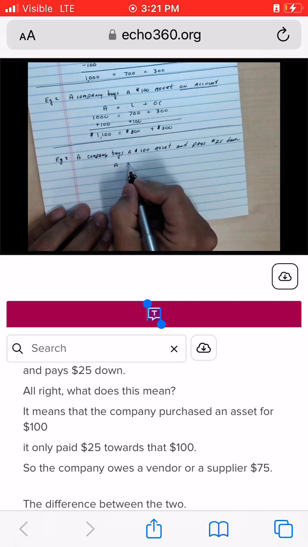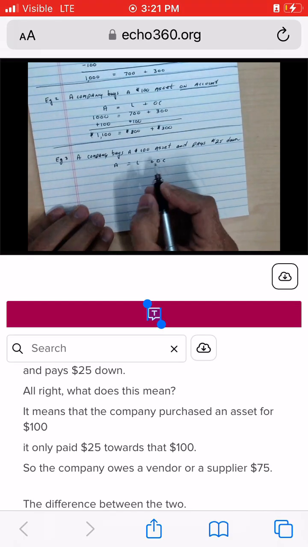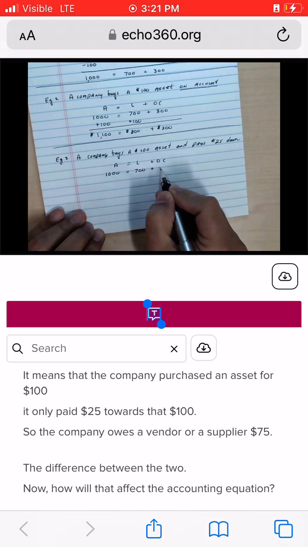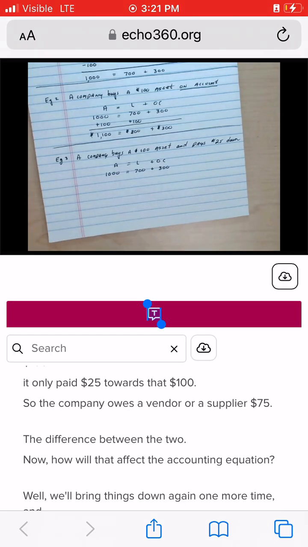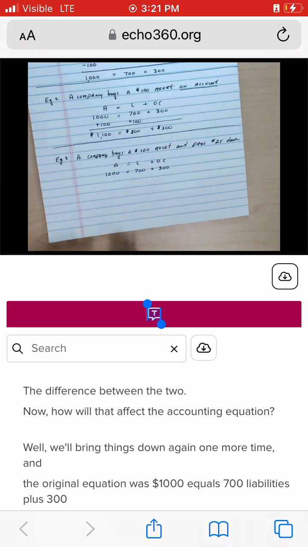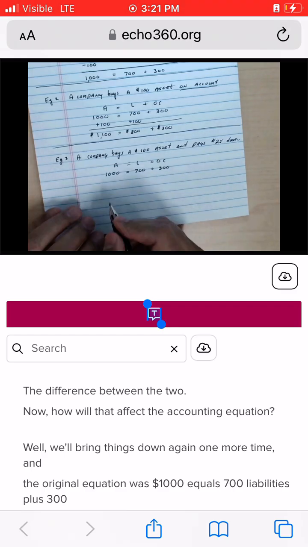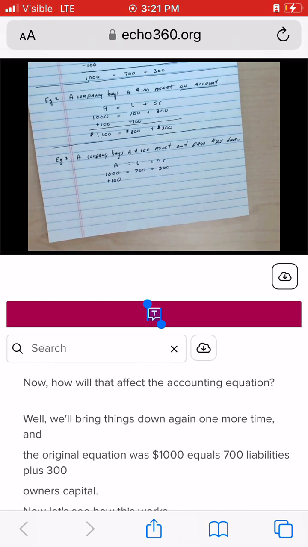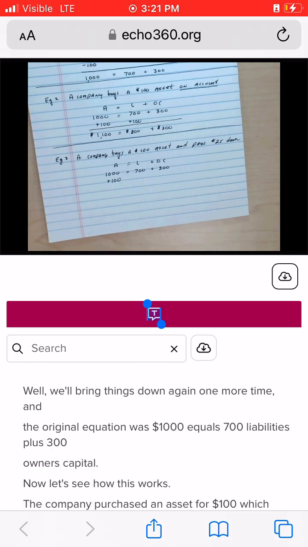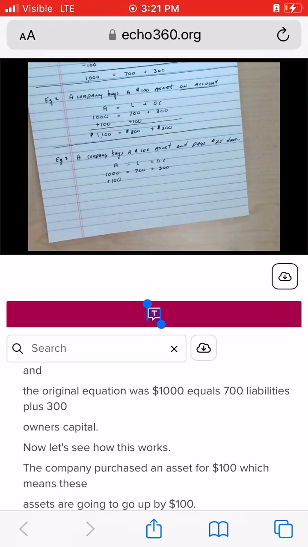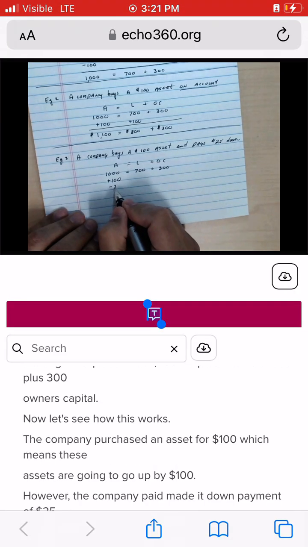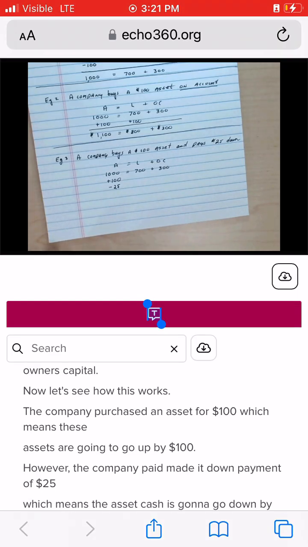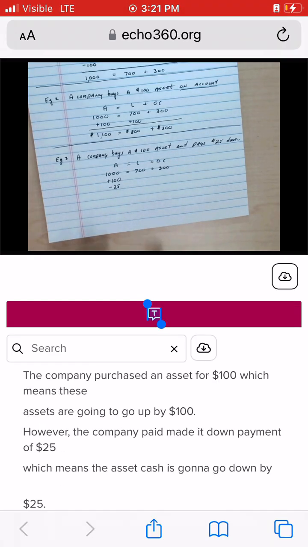Well, we'll bring things down again one more time. And the original equation was $1,000 equals 700 in liabilities plus 300 in owner's capital. Now let's see how this works. The company purchased an asset for $100, which means these assets are going to go up by $100. However, the company made a down payment of $25, which means the asset cash is going to go down by $25. And we also know that because of this, the company now owes an additional